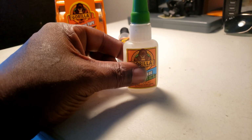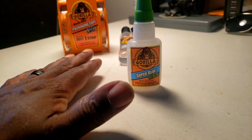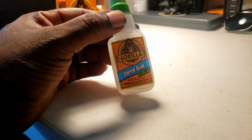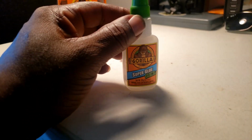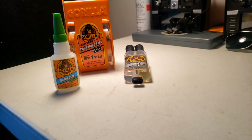And also with black foam, if you're trying to stick any components or something to the surface of the foam itself, it won't stick. Now for a broken surface, it will work, most definitely. But with the white foam, it's the complete opposite. It doesn't really matter, it works all together. But these three are the ones that I have here, and the other one I actually ran out of,